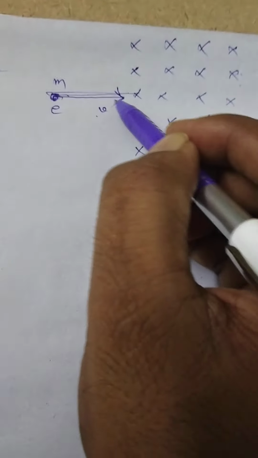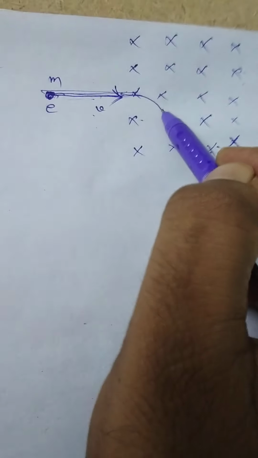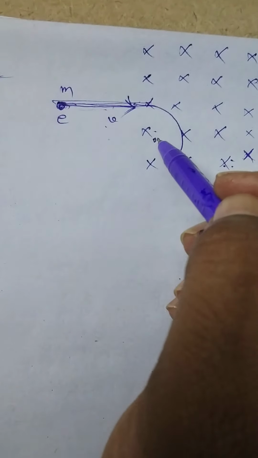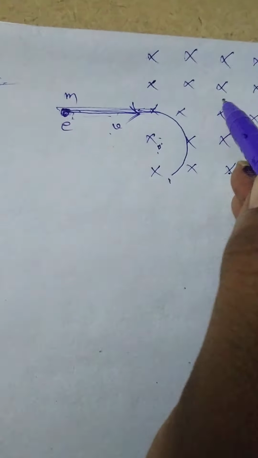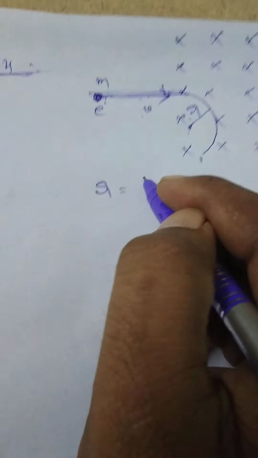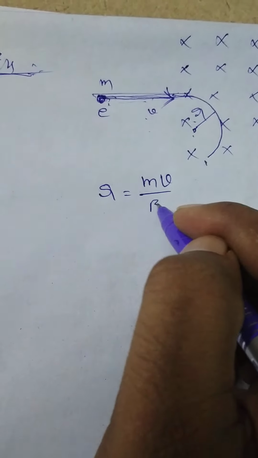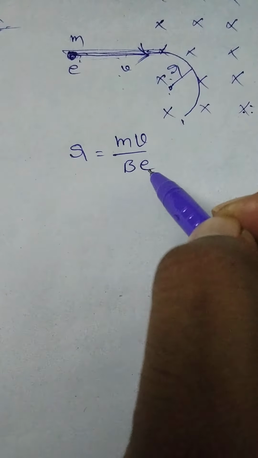So velocity of the electron will be perpendicular to magnetic induction field, so that each charged particle on entering into the magnetic field takes a circular path. Whatever it may be, positive charged particle or negative charged particle, any charged particle on entering perpendicular to the magnetic field follows a circular path. Radius of the circular path followed in this case is given by R is equal to mv by BE, where m is equal to mass of the particle, v is equal to velocity, B is equal to magnetic induction field, and E is equal to charge on the particle.